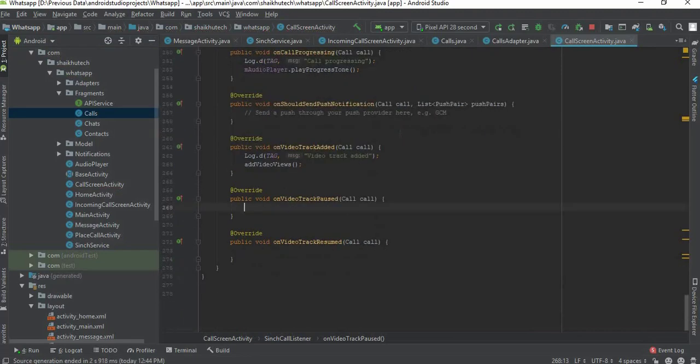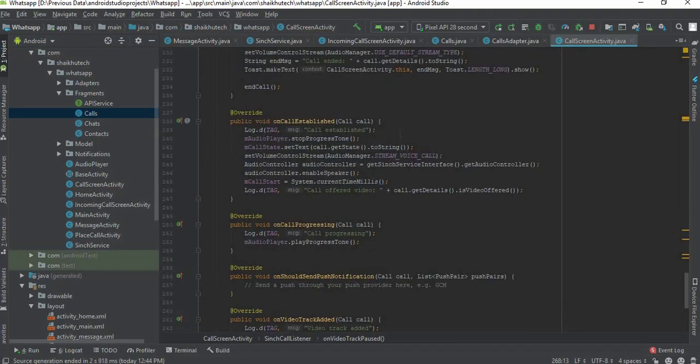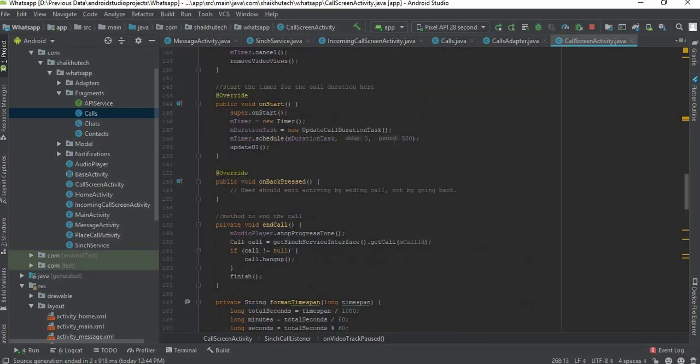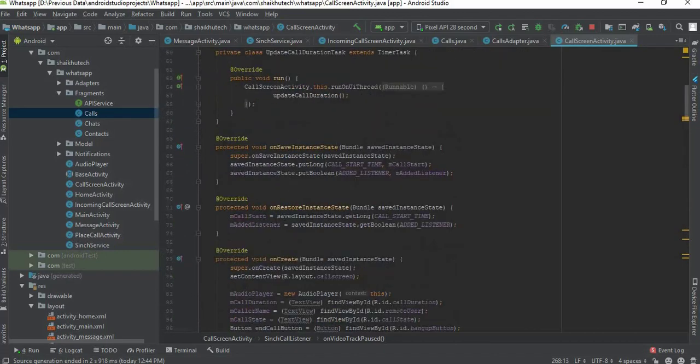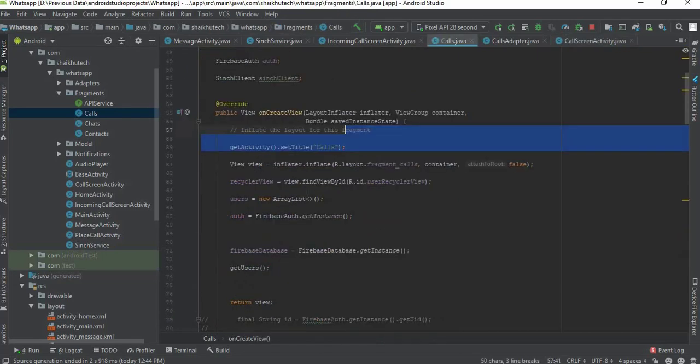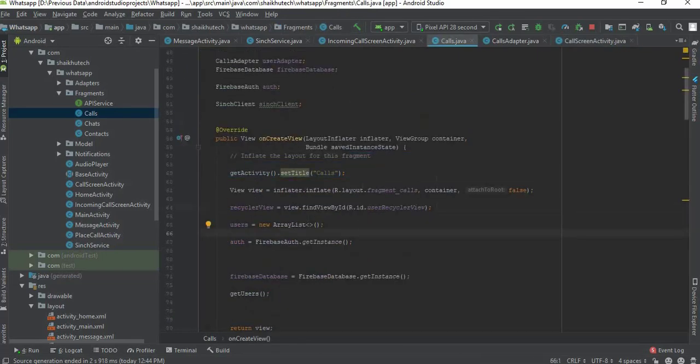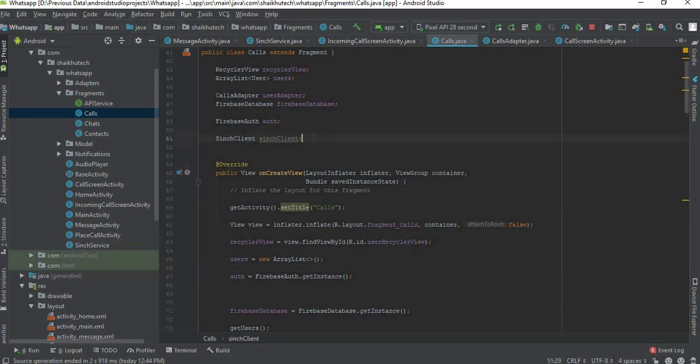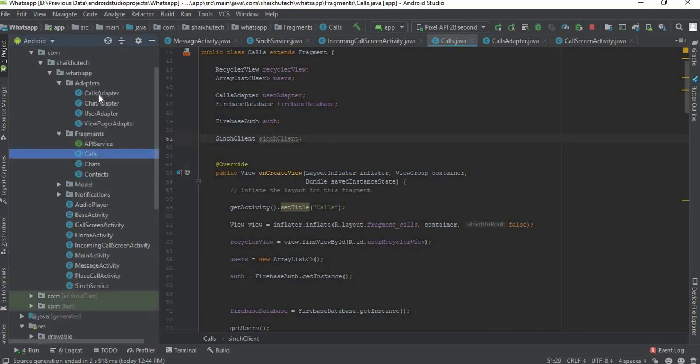First we need to test this, then I will explain step by step how this whole stuff works, what is this giant of code, what it is doing actually. So now we need to go to our calls and add a click listener to the button. We need to actually make contact with the adapter, calls adapter. Whenever that particular calls button is pressed, we need to start the calls activity, this call screen activity that will